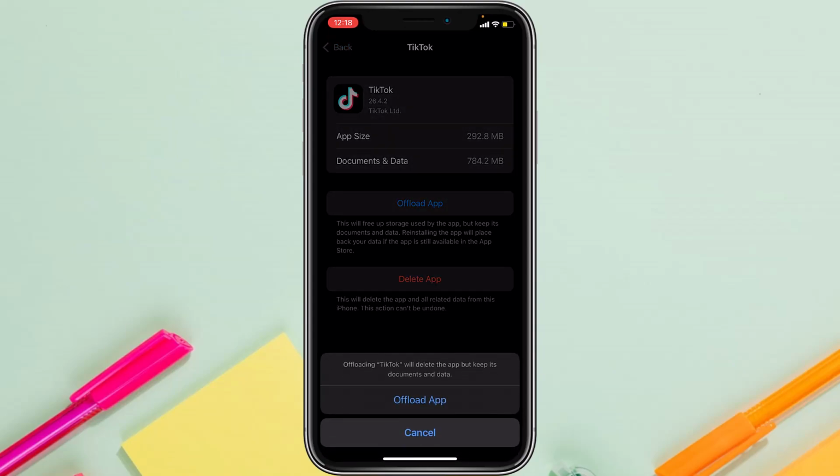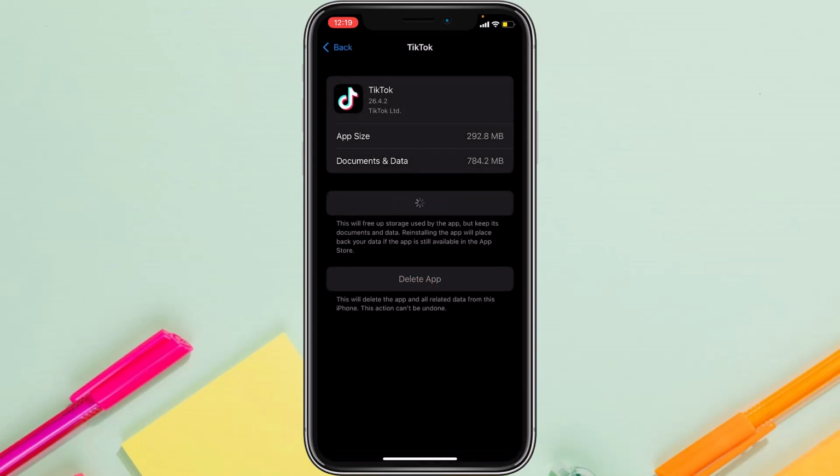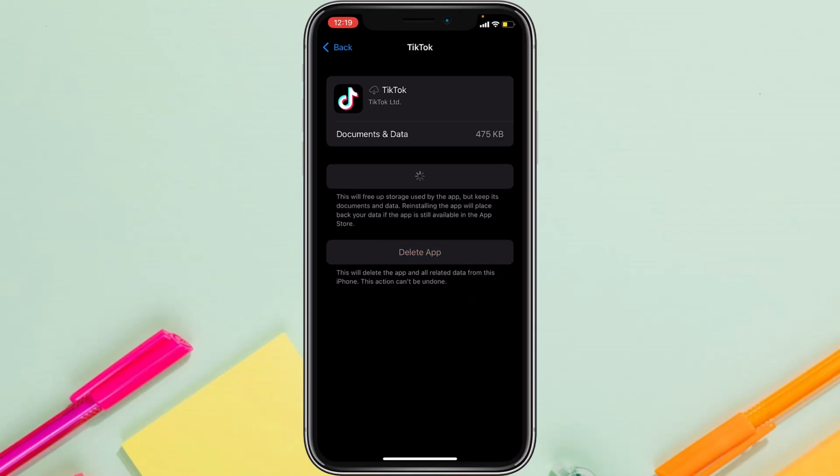Now what offload app will do is it will delete the TikTok app itself, but it will keep all of its documents and data. So try offloading the app, and then once the app is offloaded, simply reinstall the app. Now once you reinstall the app, try logging into your account,